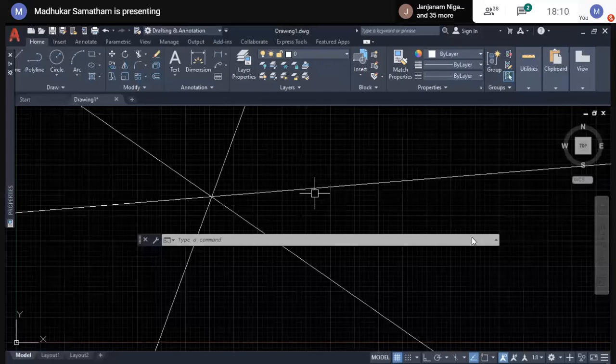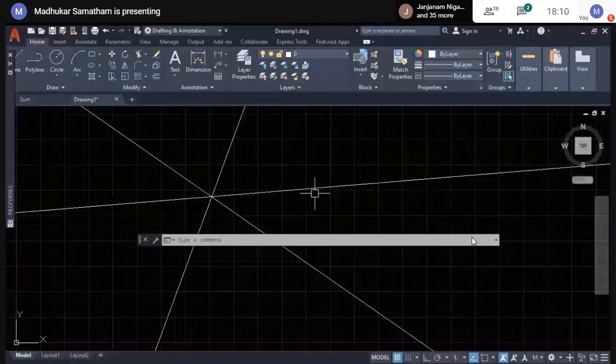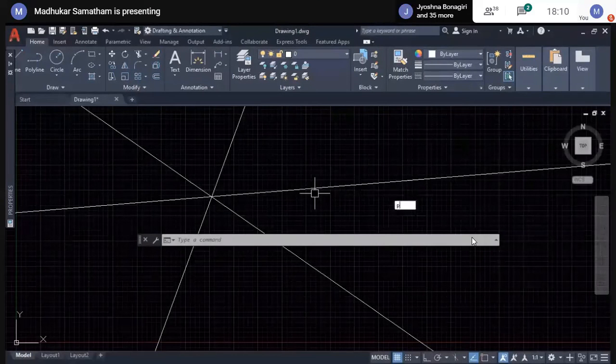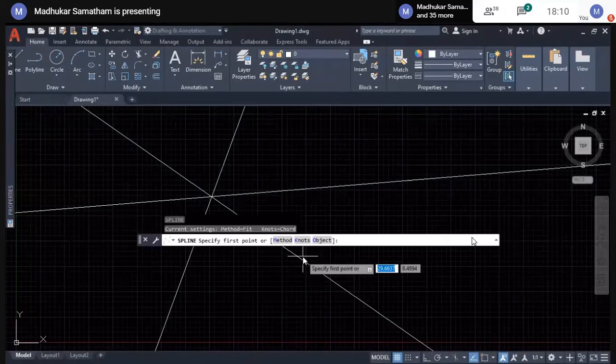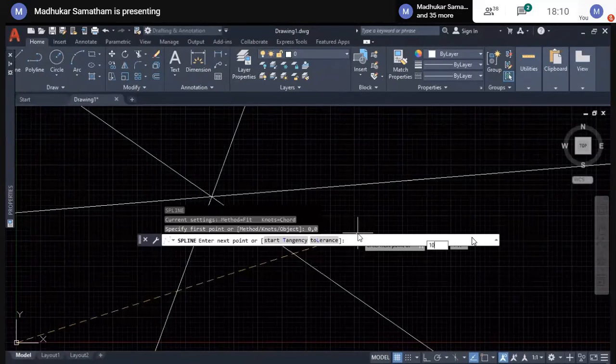See, I will show you. If you want to go for the spline or polyline, it's up to you. I'm selecting the spline. Our reference points are 0, 0, 10, 10, and 20, 20, 30, 30.